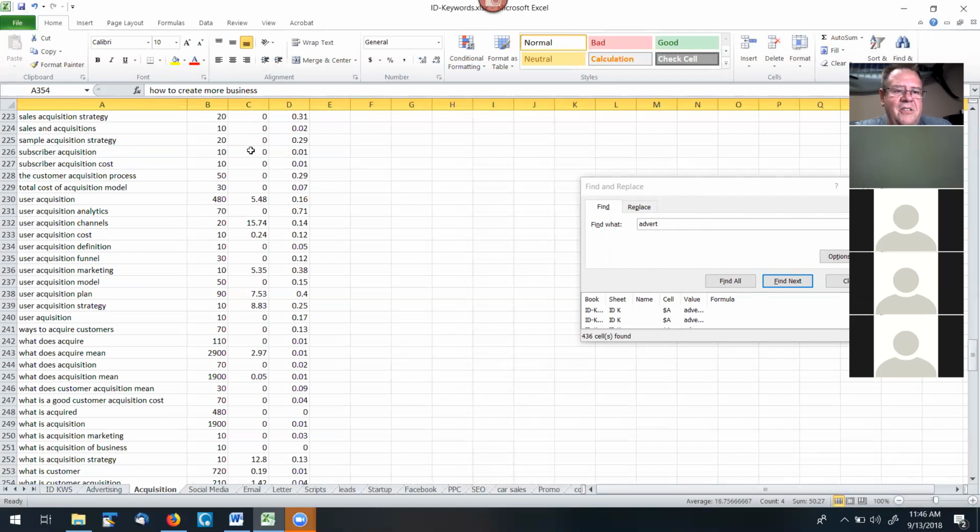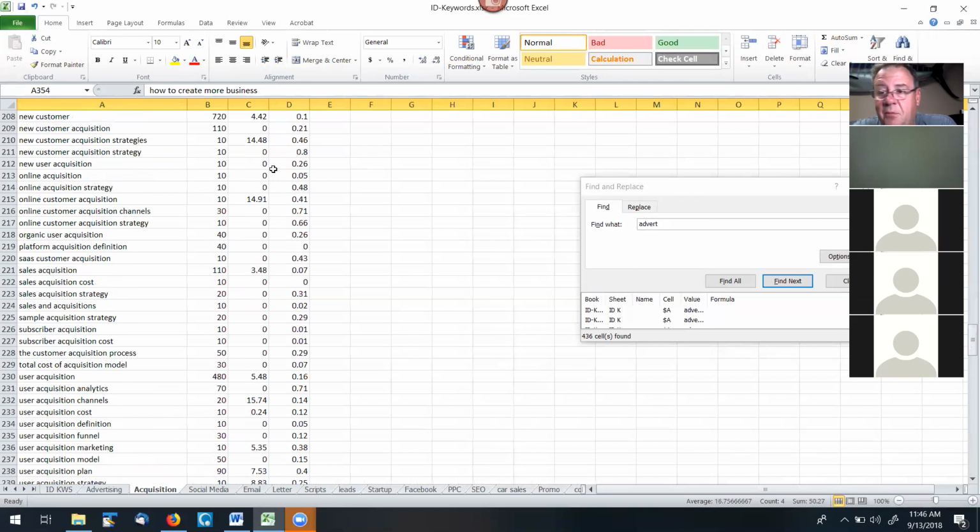cost. Look at all the zeros on the pay-per-click. There's a lot of stuff here. User acquisition and now analytics. 70 people a month looking for that. Nobody catering to it. Now, in some cases, the fact that no one's advertising can mean that it wasn't profitable for them. But what I'm looking at is it probably means they were lumping it into another group that wasn't working because they weren't being specific. They weren't converting.